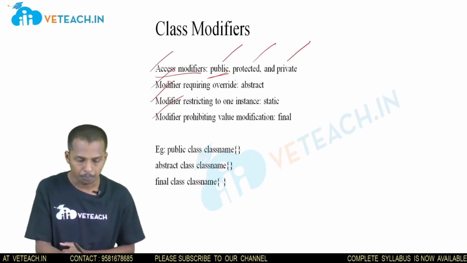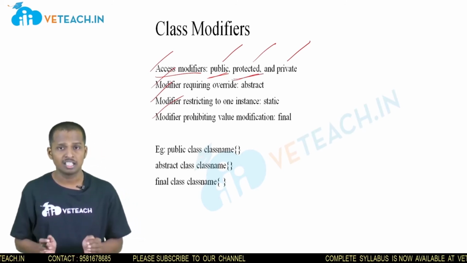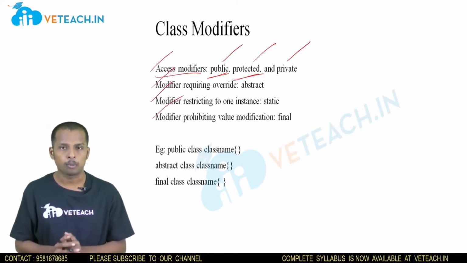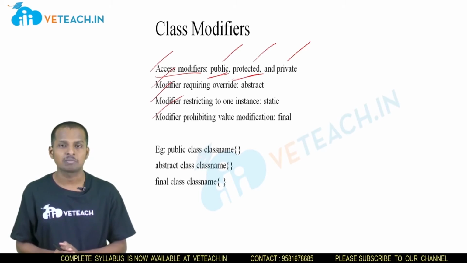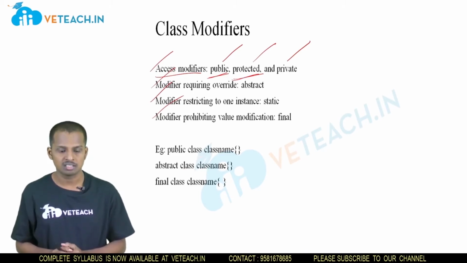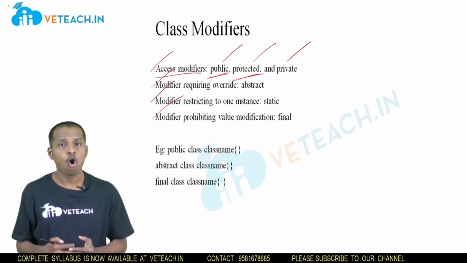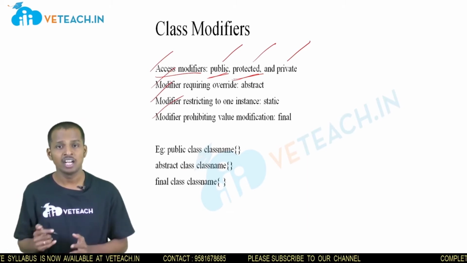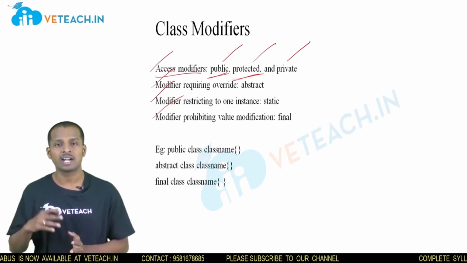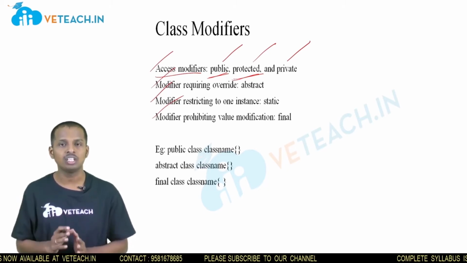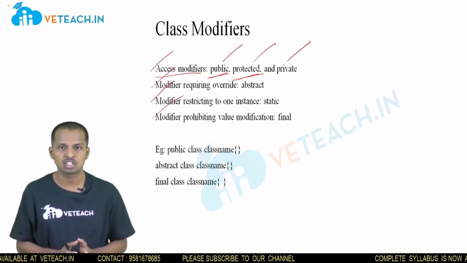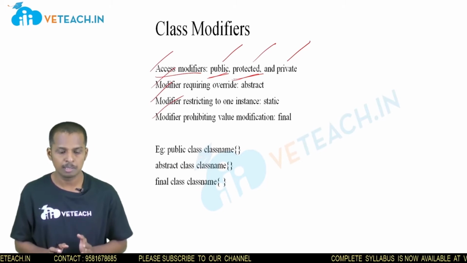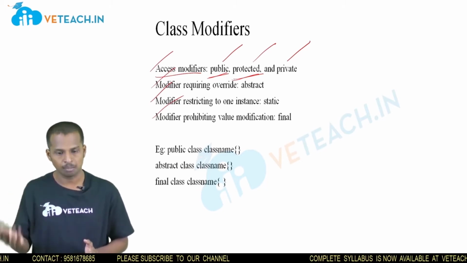The next thing is protected. Protected means there will be some access restrictions to the class that we declare. When we declare a class by using protected, that class can be used by all the classes in the same package. If I want to use this class in another package, it should compulsorily be a subclass of this protected class. Then only we can use the members or member functions of this protected class in another package. Otherwise, we cannot use the members of this protected class in another package.